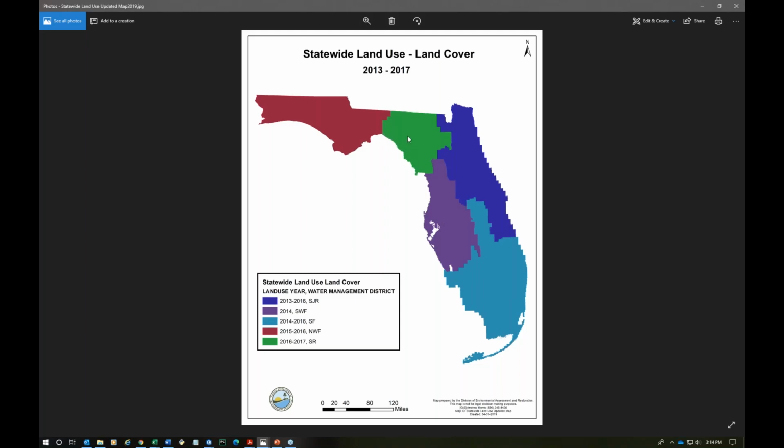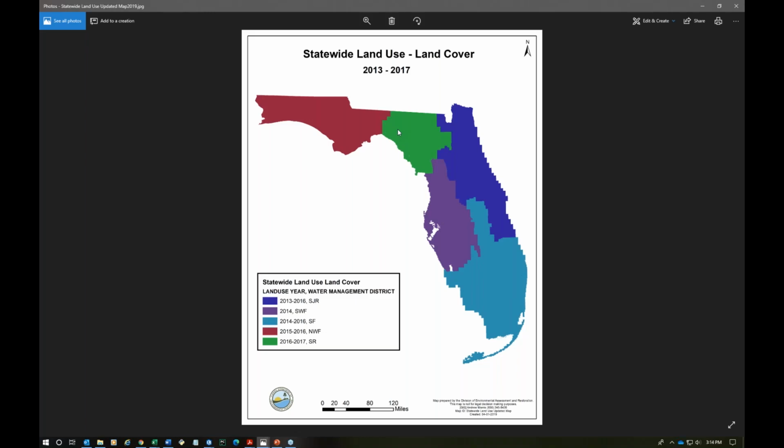We've decided to break some of these into 2 portions, like a phase 1 and a phase 2. So for Suwannee River, everything west of the river is one phase and everything east of the river is another phase. We just happen to start on the west phase in July or August,